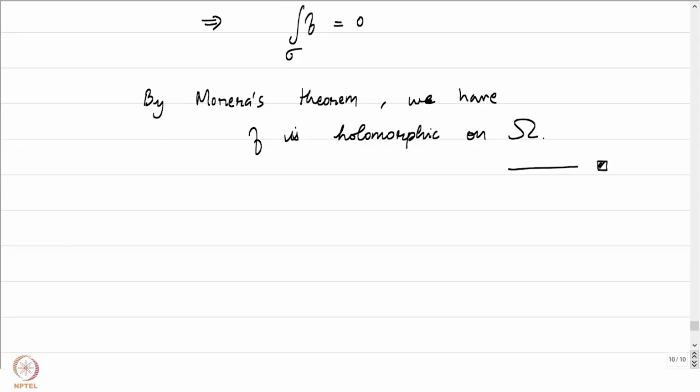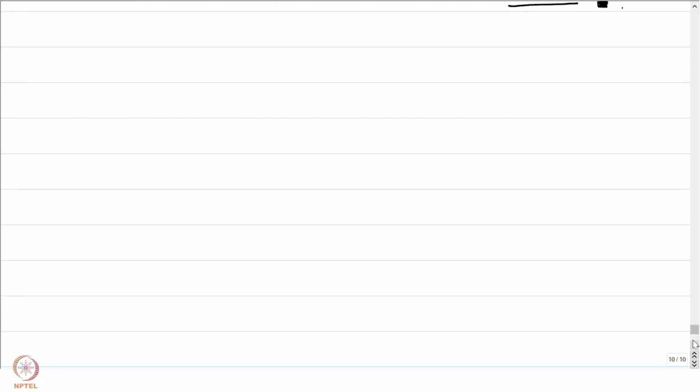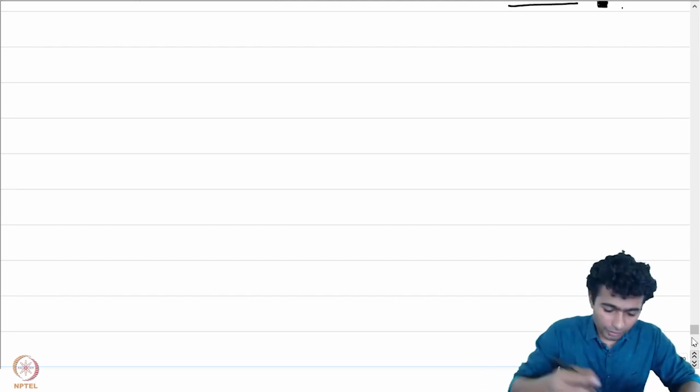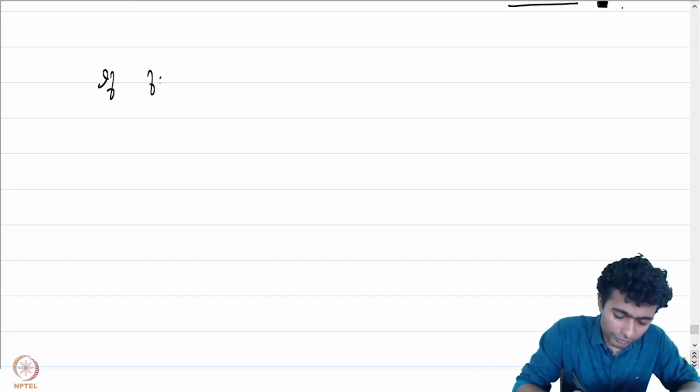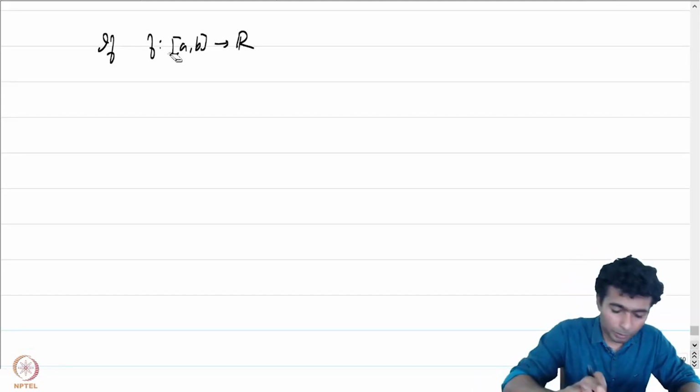And that's what we were attempting to prove. So before we stop, let's summarize rather what are the things that we have concluded about complex valued functions till now on domains in C. If f is a function from say (a,b) into R, where (a,b) is some interval, maybe open (a,b), that's better,